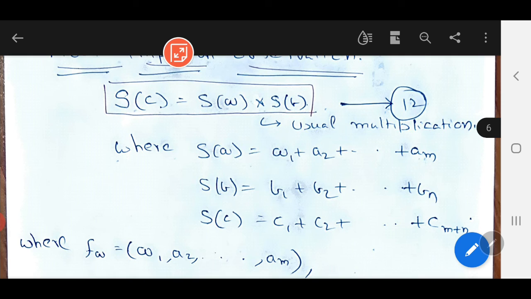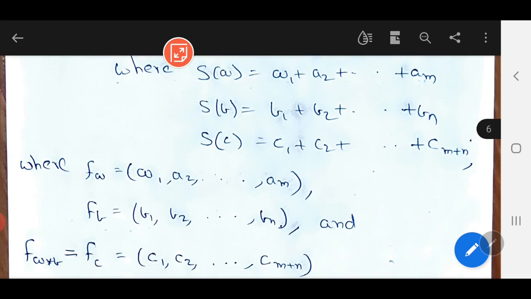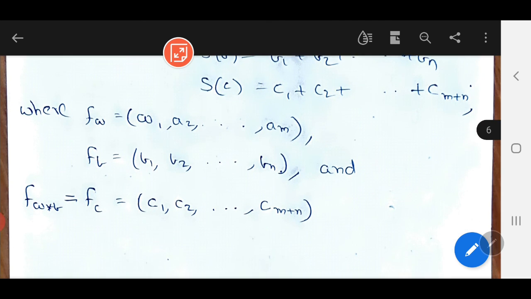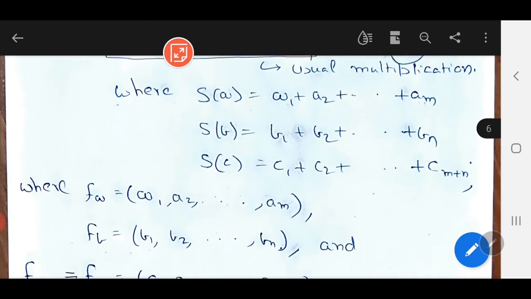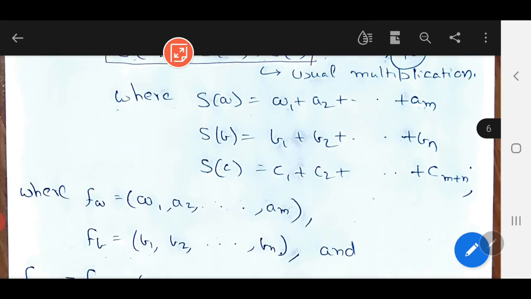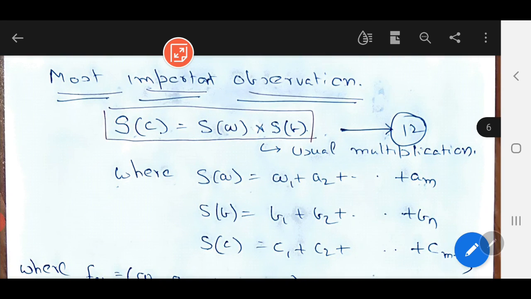How many non-zero terms will be there? Finitely many. That is what we are saying, finite only. So you can add and you will get a finite number. SB, SC. Now see, this is not that much required. Now I will go to this very important one. What is that important one? The important one is 12.